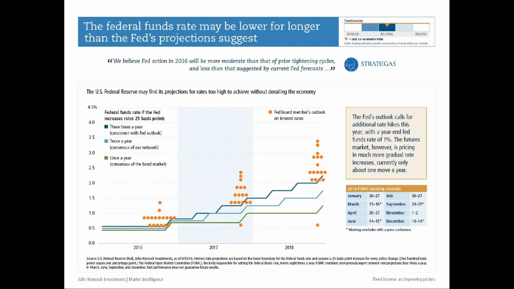All right. We've got to talk about the Fed since we're talking about fixed income. And one thing that the Fed comes out with every quarter is this summary of economic projections. They call it the dot plot. And what we have done on this chart is show the dot plot over time. We've also done lines showing how frequently it looks like the Fed is trying to raise rates per year. Just here in September, and we're going to be incorporating this in our new book, they've lowered this. They're looking at 1 to 2 rate hikes per year.